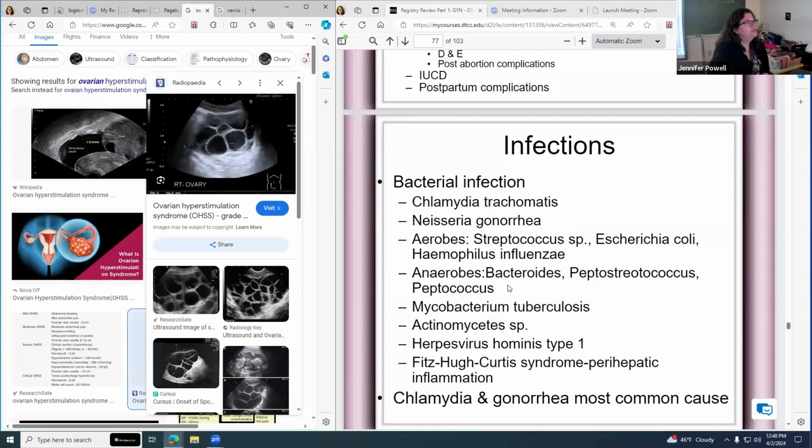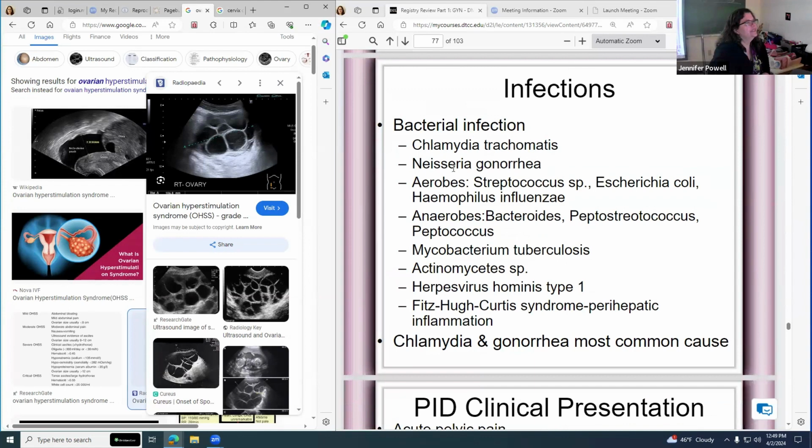Okay, anaerobics are bacteria, whatever this is. So you have aerobic and anaerobic bacteria that can all cause these infections. I don't think you're going to need to memorize these. Just know that these bacterial infections, which are sexually transmitted, can cause PID,